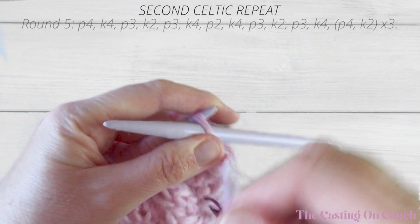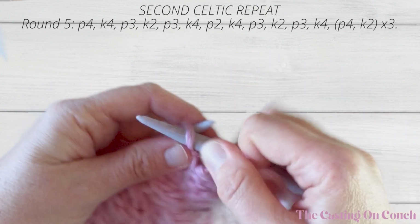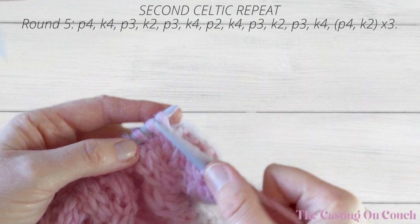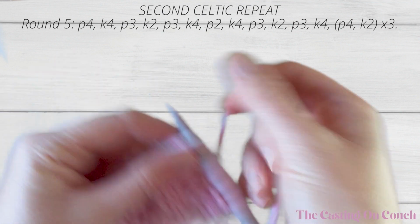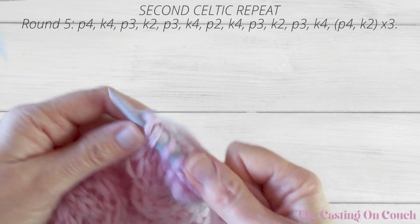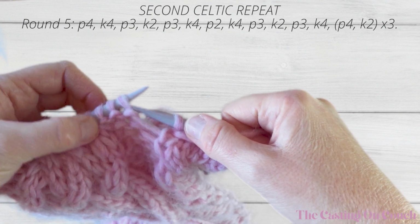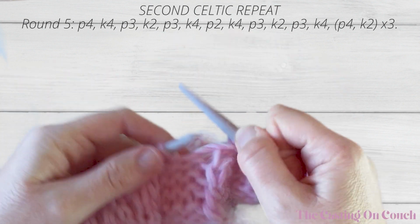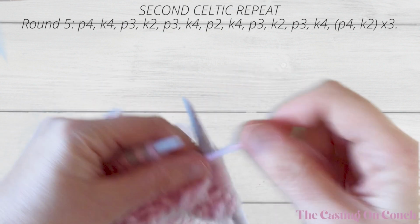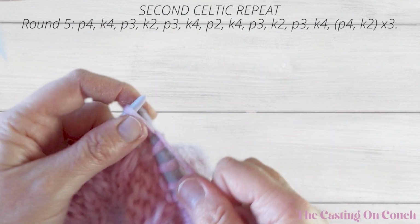Round 5, begin by purling 4, so that's 1, 2, 3, 4, knitting 4, 1, 2, 3, 4, and then we have 3 purl stitches, 1, 2, 3, knit 2, 1, 2,